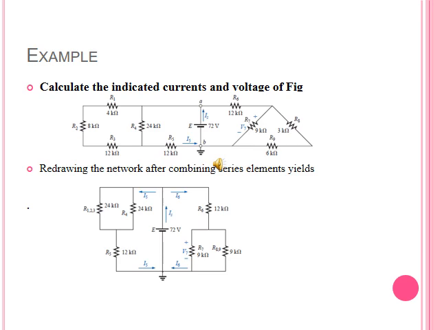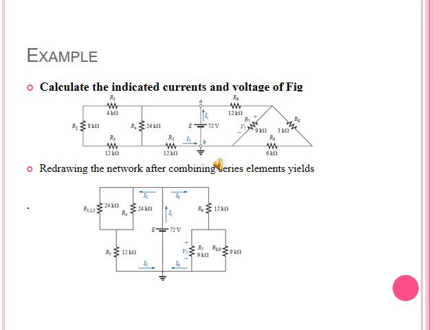So we can redraw this half of the circuit in the form that R1, 2, 3 and R4 are in parallel, and we get a series combination with R5. It means R1, 2, 3 in parallel with R4 is in series with R5. Then it is connected with E, the voltage source.